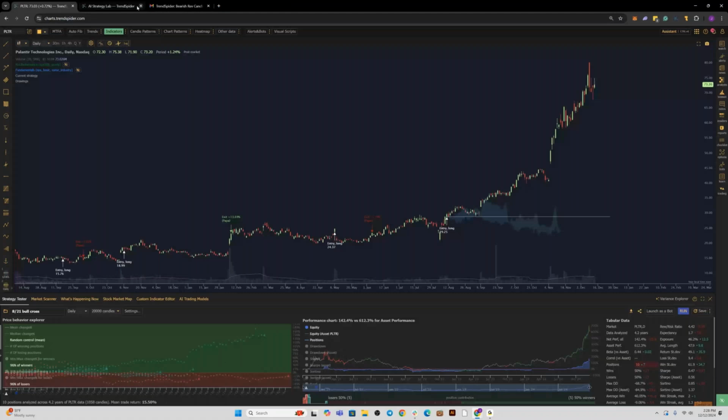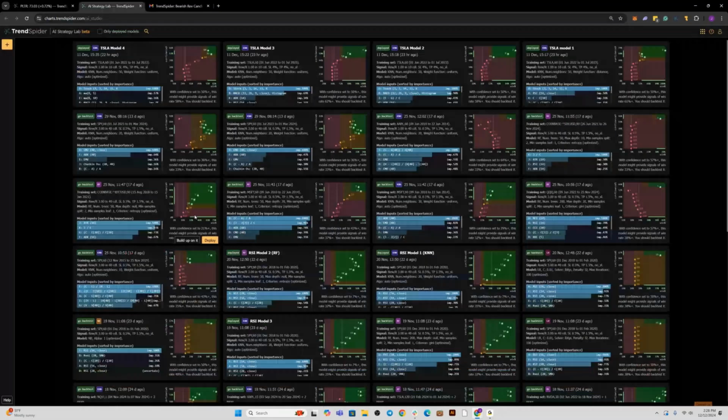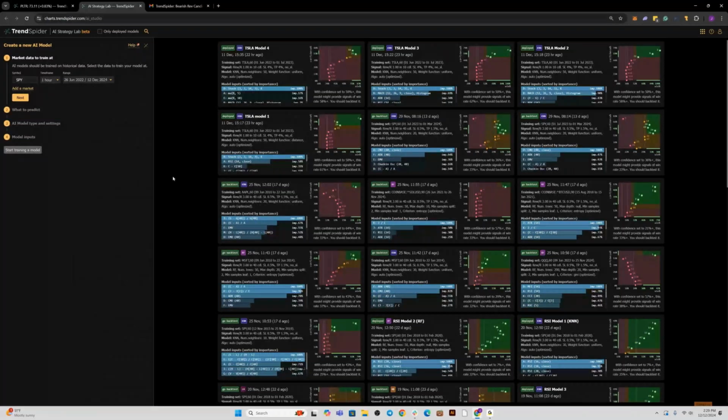So the AI Strategy Lab is an all new way to develop trading strategies. And really, the purpose of the lab is to take the hardest parts of strategy creation out of the process. If you're familiar with strategy creation, you know it can be pretty difficult, right? It generally requires quite a bit of backtesting. It requires a decent knowledge of technical analysis. You have to be able to define what different indicators are doing, what price action is doing, to come up with these different strategies.